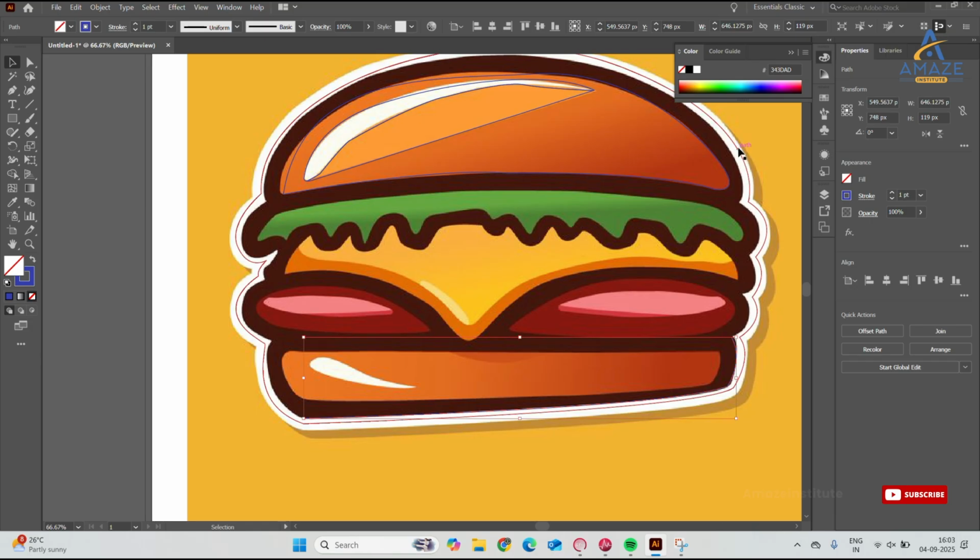Because if initially you give the fill color for the white from outside, you can't see the inner objects. Exactly. Last you can give. Initially, you need to give the stroke color for everything. No need to give the fill color. For everything, stroke color. After you complete everything, when everything is perfect, at that time